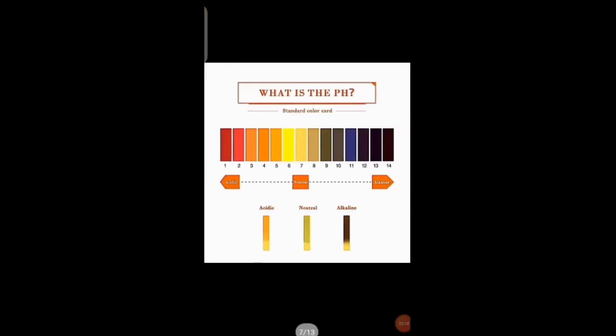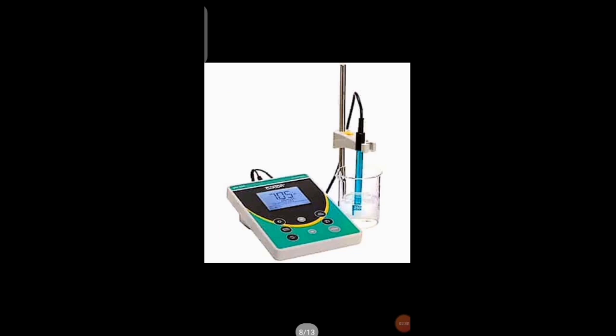Now we will talk about the measurement of the pH. We will measure the pH by different means: pH meters are available, or we can use pH paper, that are the indicator papers. This is the type of the indicator paper. If the solution comes at 7, it is neutral. If it goes towards 14, it is alkaline or basic, or if it goes lower than 7, it is acidic. This is the pH paper which is used to measure the pH of any substance. This is the pH meter.